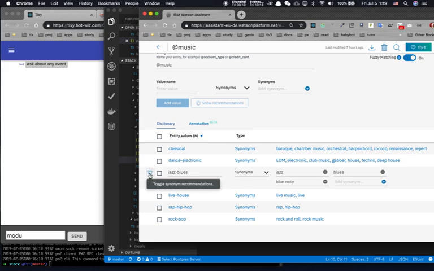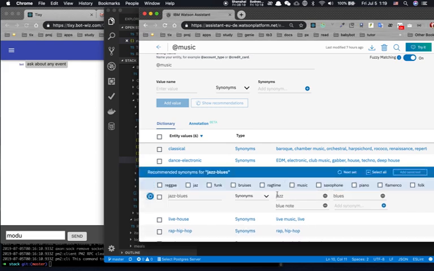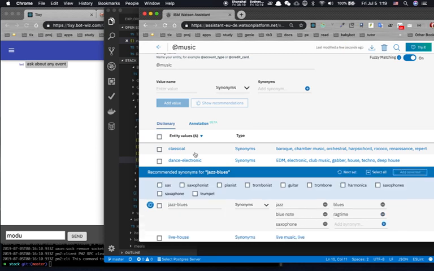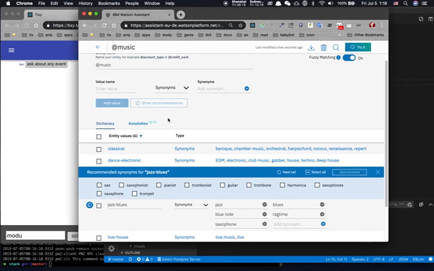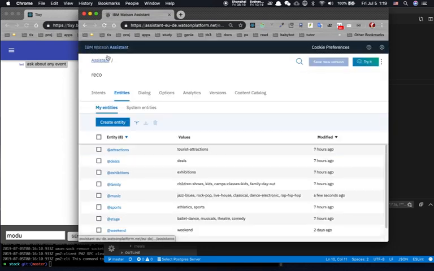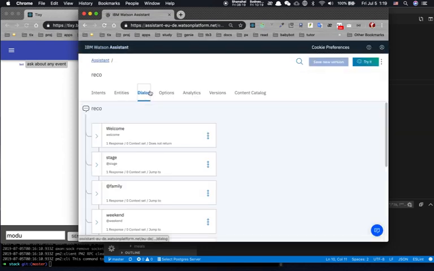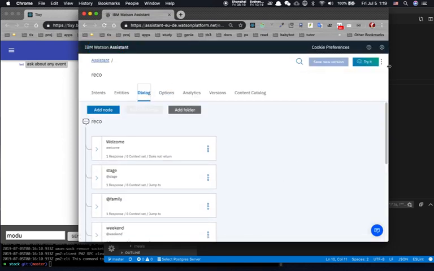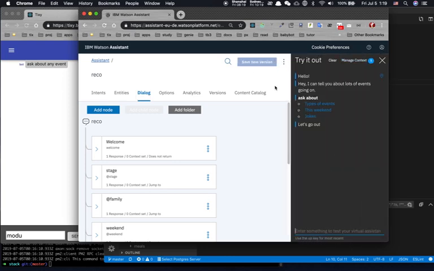If you click this little thing here, it will recommend synonyms. So ragtime, saxophone, whatever. If you add those, now they will also get trained up and recognized. So let's go to the third step, the dialogue, where the whole Watson thing comes together. You click over here to start this, and it's now training up that little extra jazz thing